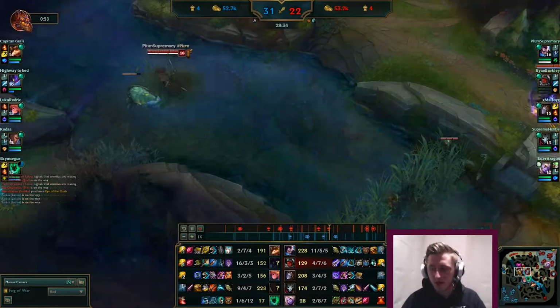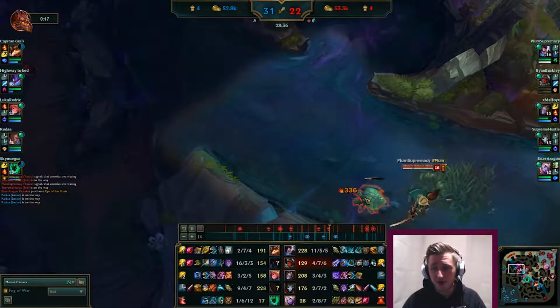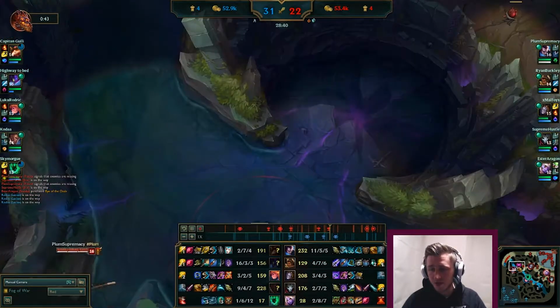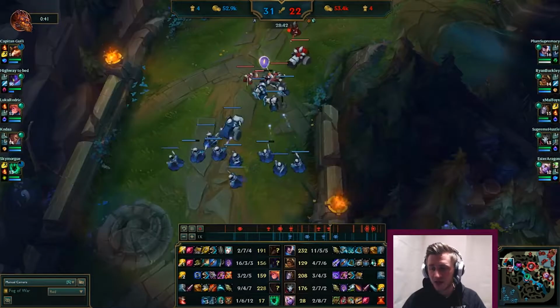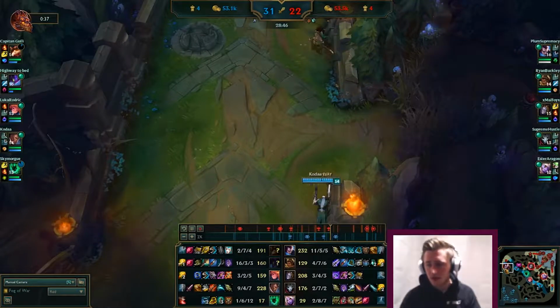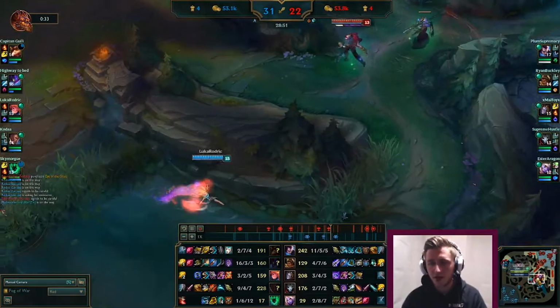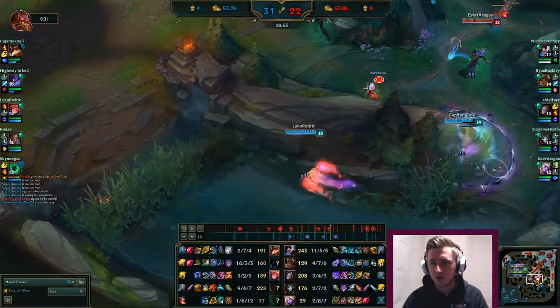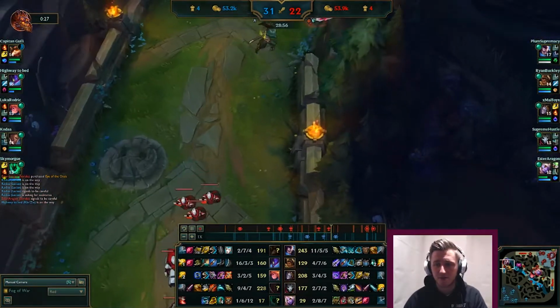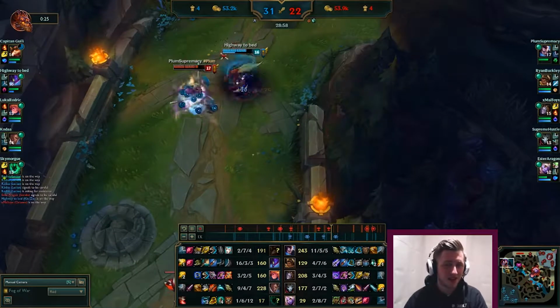Beautiful. Going for vision again. I think I've got this almost every time. This game, I really do. It's great vision, especially around the Baron at this time of the game with fed Kha'Zix. Not much is going on here. Trying to tell them not to push up too much because they can get caught out very easily. See the Thresh coming up, and I get jumped on